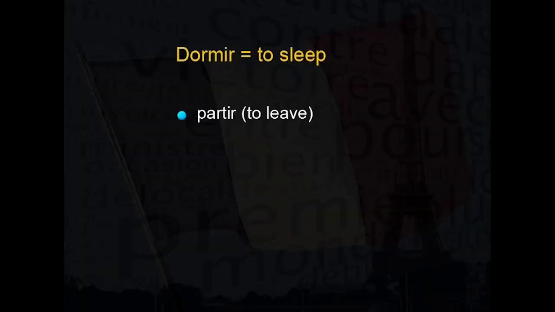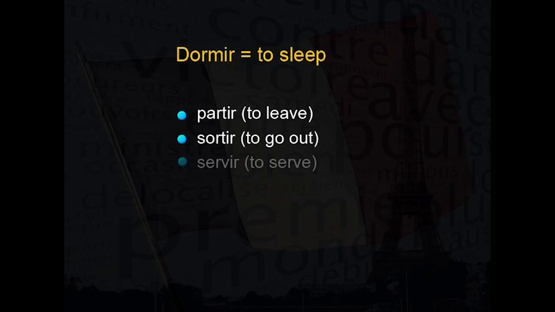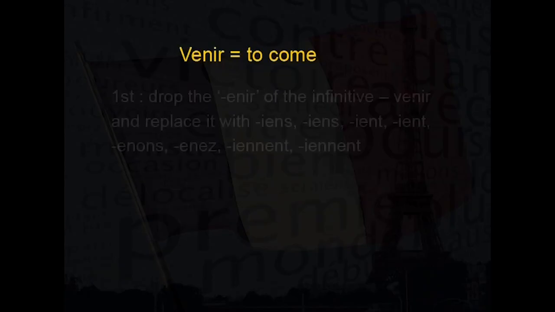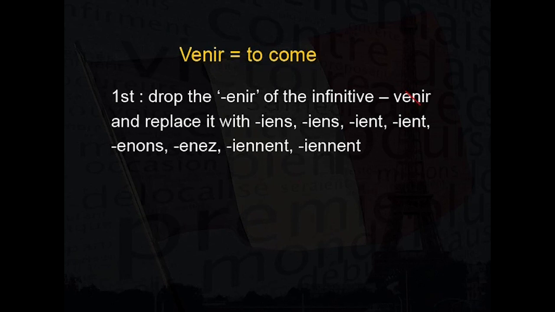Other verbs of this type include partir, which means to leave, sortir, which means to go out, and servir, which means to serve, among others. And finally, I will show you how the verb venir is conjugated in the present tense. Venir means to come. To conjugate this irregular IR ending verb, drop the E, N, I, R of the infinitive and replace it with